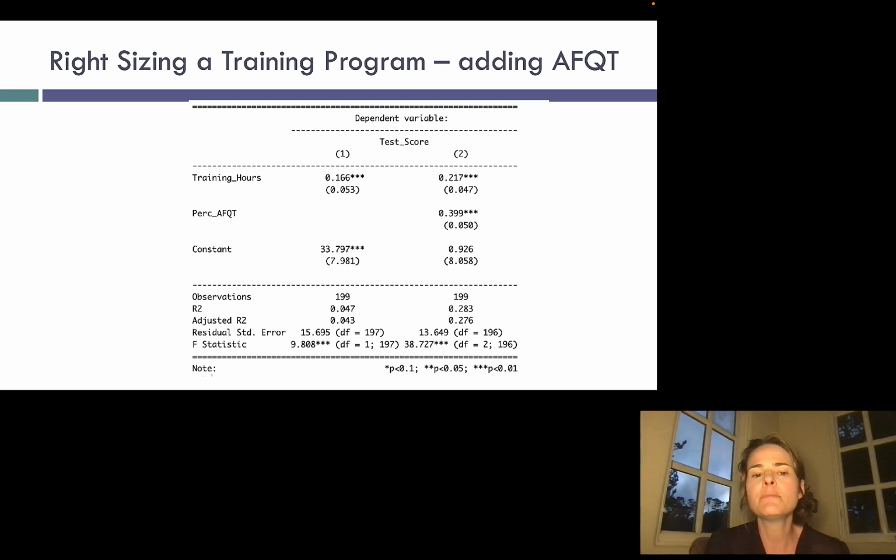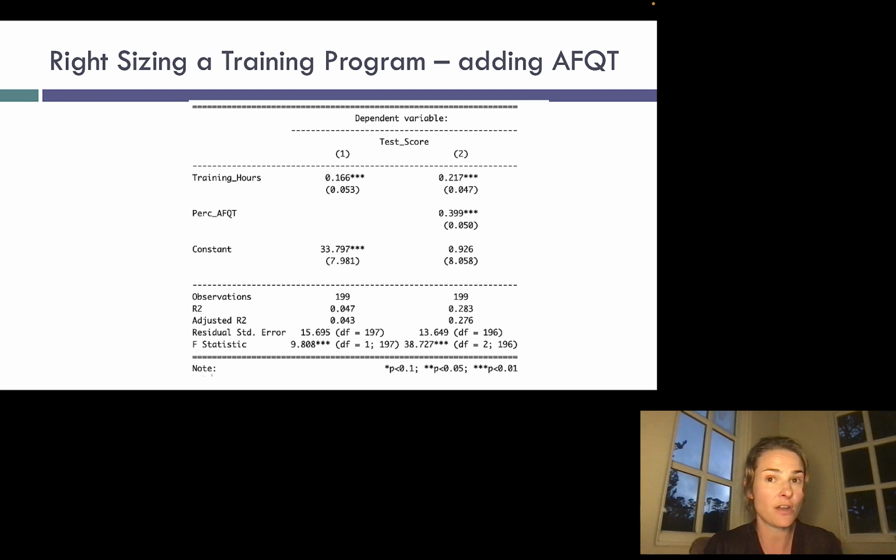All right, but let's take a look here at adding an additional variable. We're going to add the AFQT score to see if that tells us something about how people are going to do on this exam. So why might it matter? Well, one, it could help us predict who's going to succeed or fail, but it might also matter as an omitted variable, because AFQT score could be related to struggling in the program. So if the people who are struggling get more training hours, and those same people who are struggling have lower AFQT scores, then we would expect that omitting this kind of variable that measures in some way aptitude